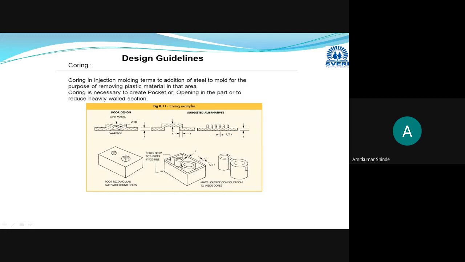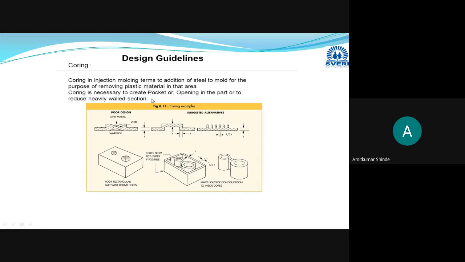And to achieve this uniform wall thickness, we are doing the addition of steel coring into the mold to remove this extra material. This extra material is removed in this particular area. This is termed as the coring, and this coring is necessary to create pockets or openings in the wall.